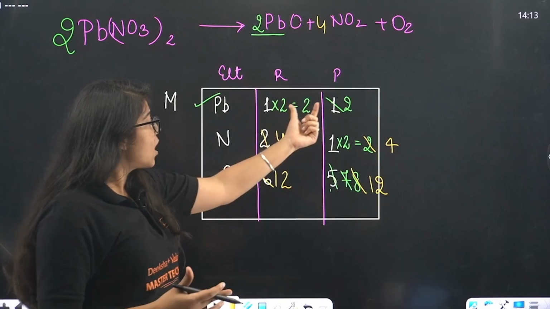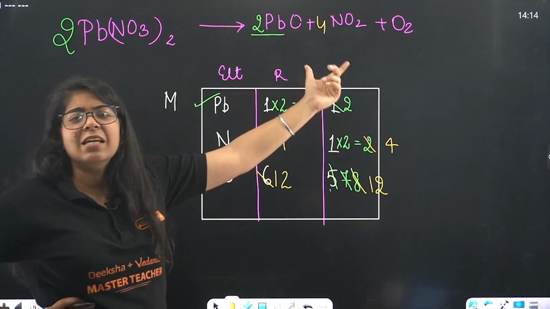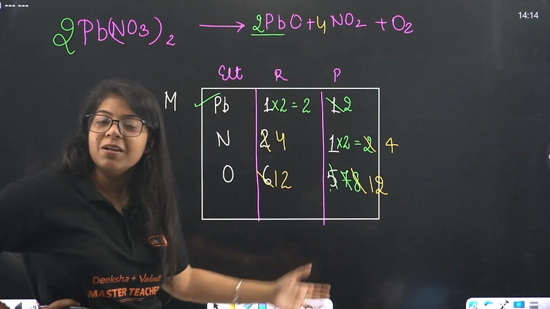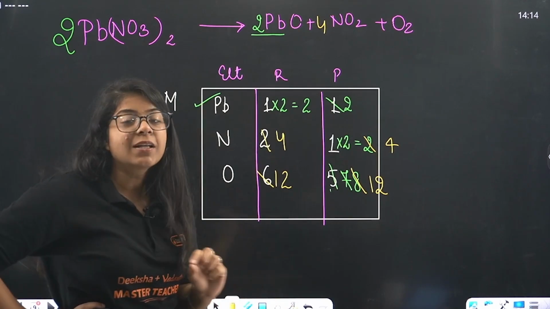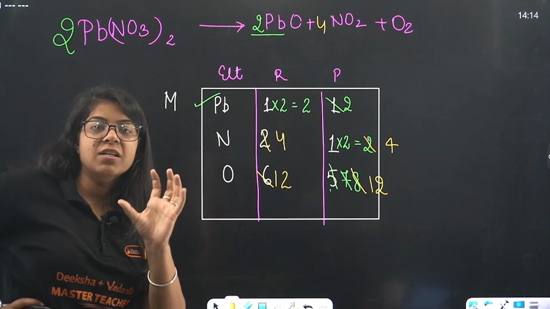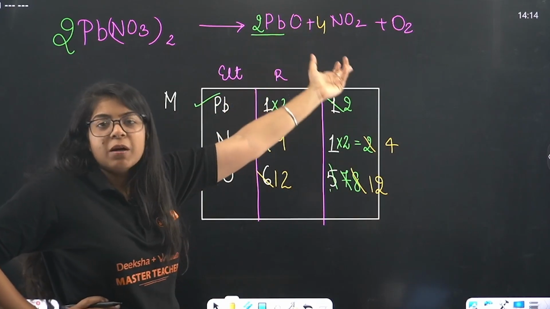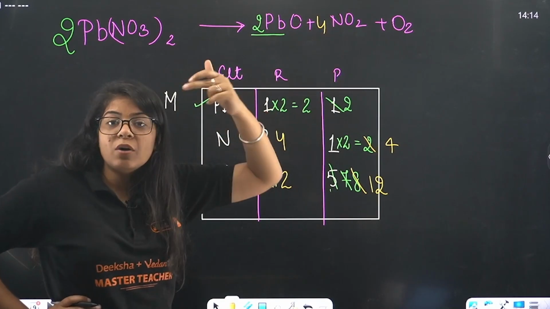Okay? And that's how we said, let me see what happens if I make it an even number. And as soon as I made it an even number, everything got balanced. So the trick is to find even numbers. If there is an odd number, there was 1 oxygen. I can multiply this with 2 and it will become an even number. Right? So that's how you have to think.